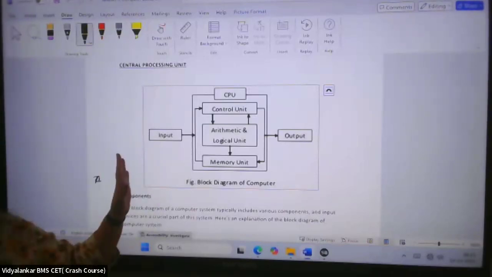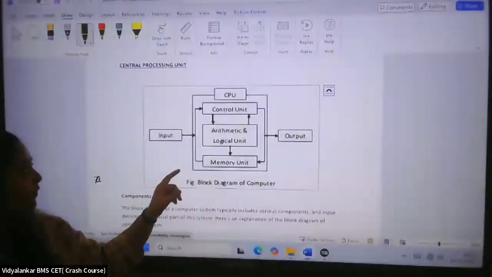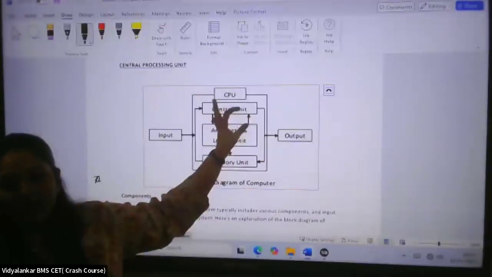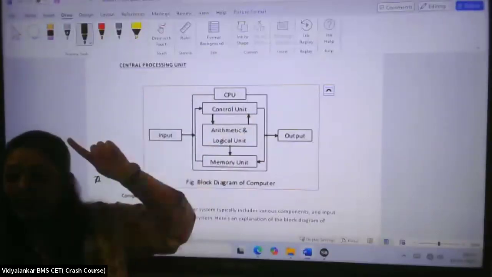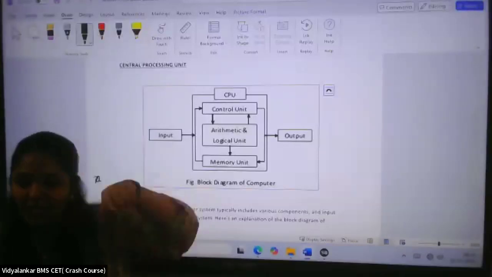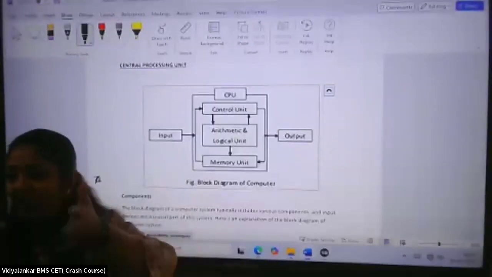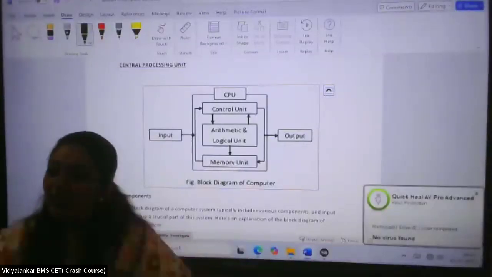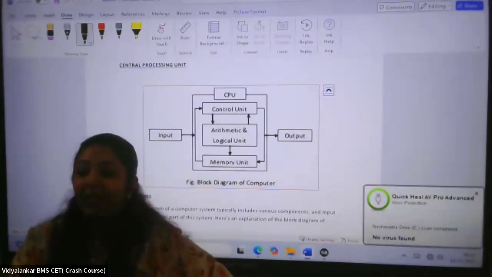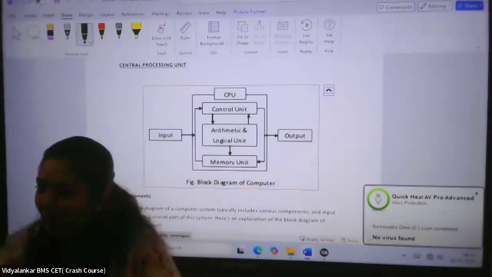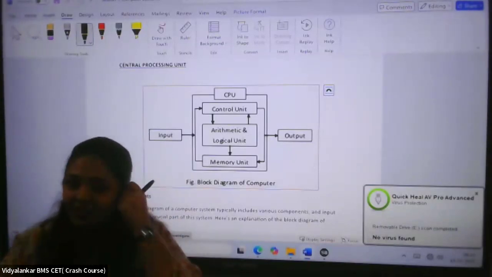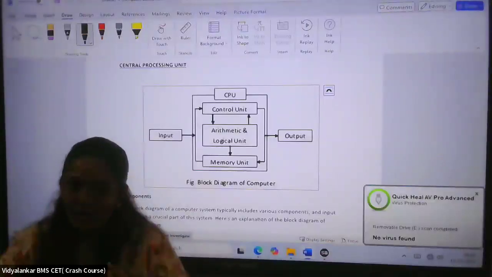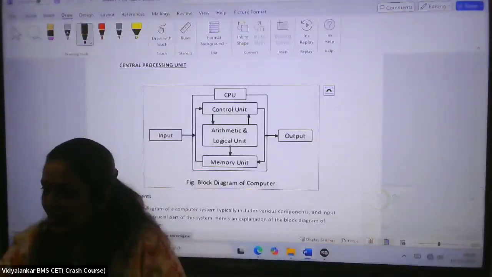Okay, now this is the architecture. In this architecture, the very first thing we'll talk about is the CPU, Central Processing Unit, which is the brain of my computer system. And if I ask you what's the heart, then it is the OS. Where do I find the OS? If I open the motherboard, will I find the OS? No, I'll find it in the processor. So the heart is the processor, and the brain is the CPU.